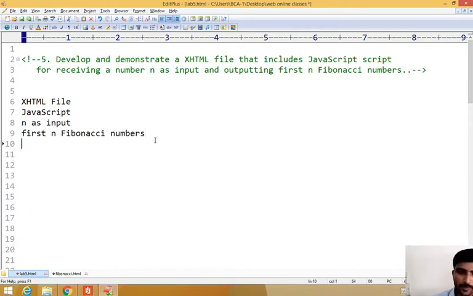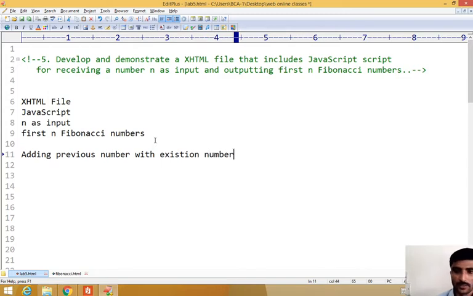You already know what a Fibonacci series is: adding the previous number with the existing number.